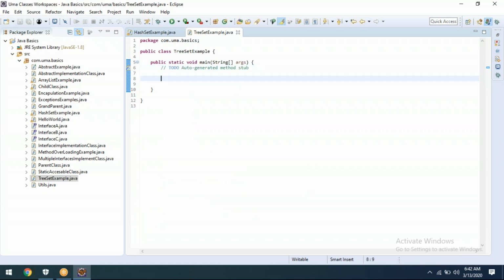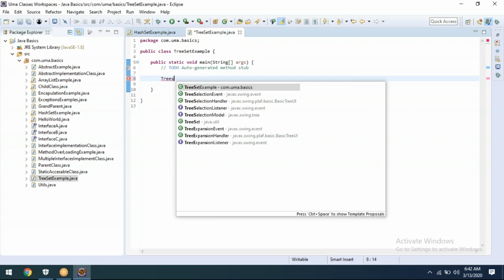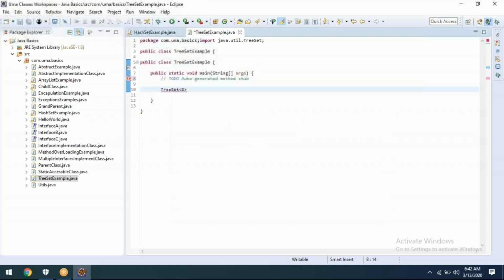Now let me create one preset. Every first time it will take some time to load. If you see java.util, TreeSet, E is key. I'm removing E as of now.